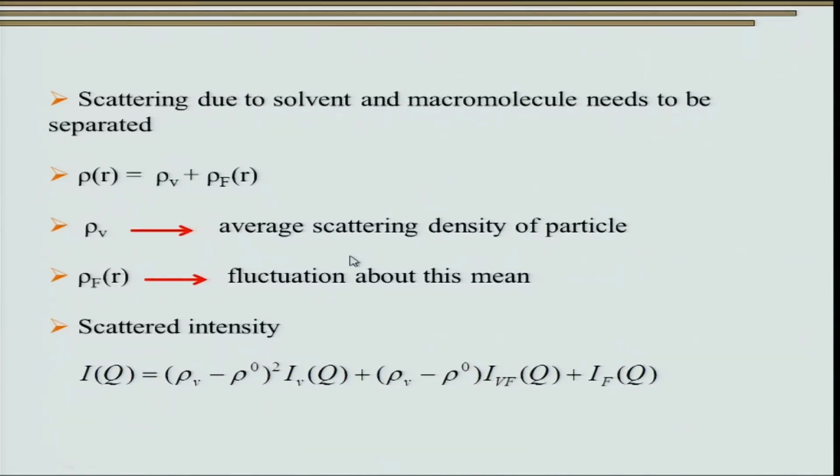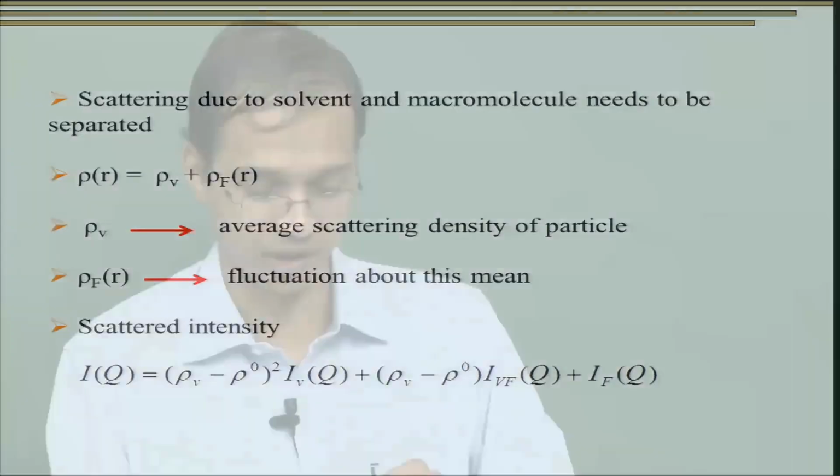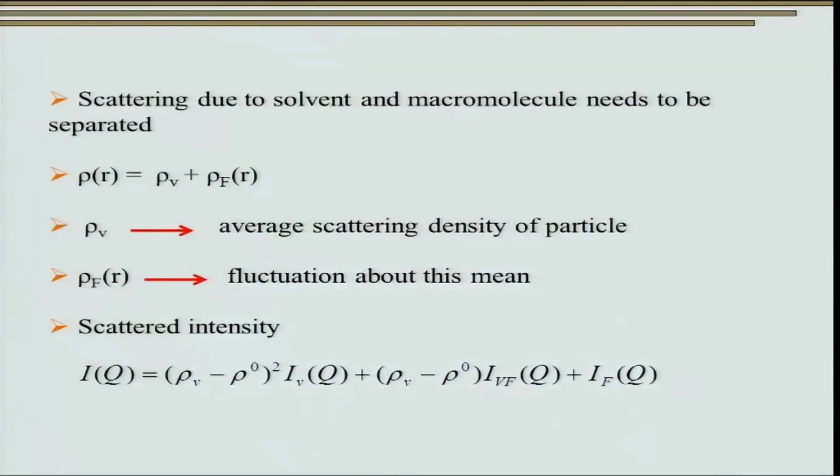Now, this is caused essentially because of the interaction of the particle with the solvent, and therefore, the scattered intensity, I hope you appreciate, can be given as nothing but (rho_v minus rho_0) squared I_v(q) plus (rho_v minus rho_0) I_vf(q) plus I_f(q) term. So, this fluctuation term also plays a very important role in deciding the overall intensity, right. So, if at all we have to see contrast, we have to change this fluctuation,